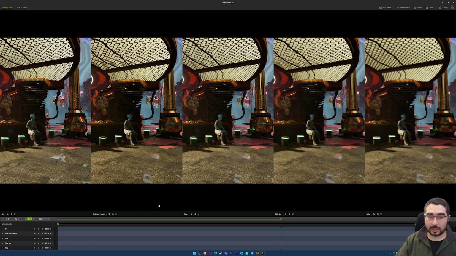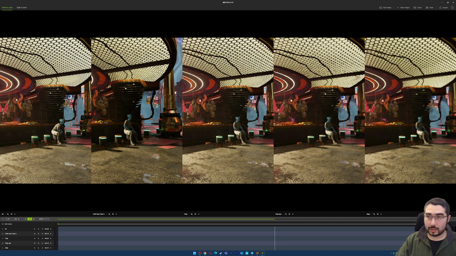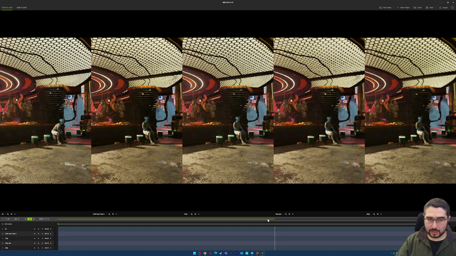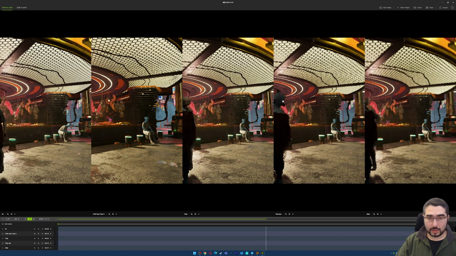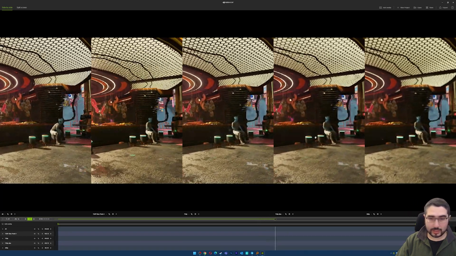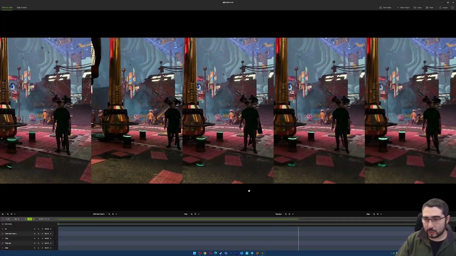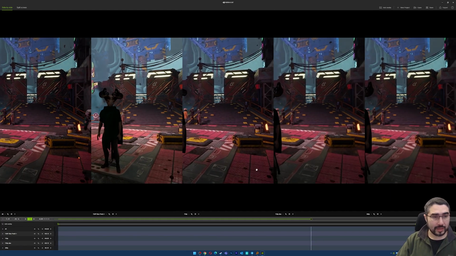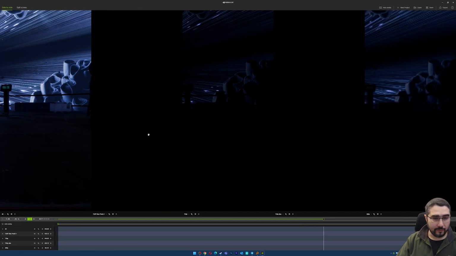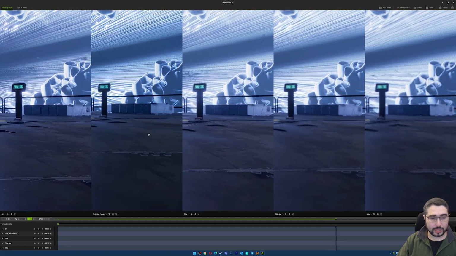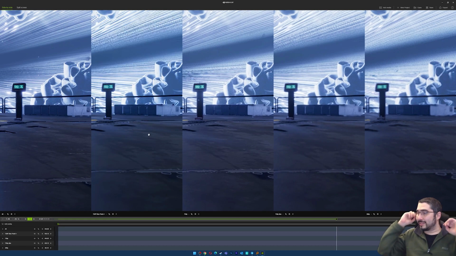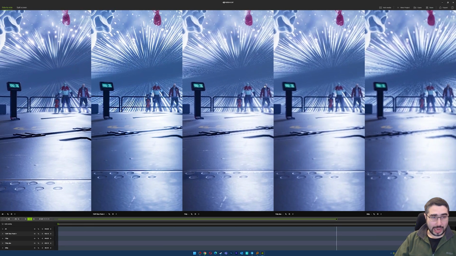Look at this here. If we go a little bit back, I think it's this one. Was this one? Let me just check. So we can see some of the details. This part is quite similar. Of course, it's always dependent on content, but still, I think we have achieved a very good balance in quality and everything else. So essentially, this is what I wanted to show you guys.